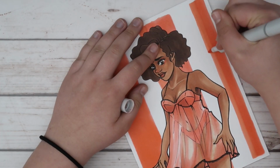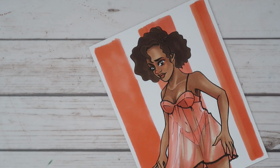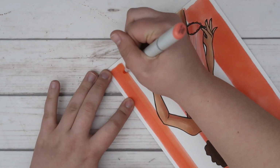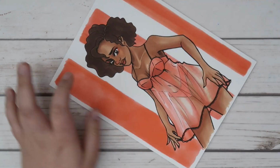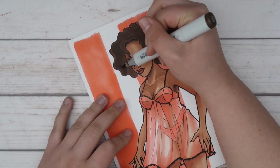I think it's simple, I think it's fun, it's flirty, it's seasonally appropriate, and I like the facial expression because it's just a little bit sassy, and I think that that's definitely more fitting with my personality. So yeah, that's really all I have to say about it. I don't think it's anything spectacular or amazing,